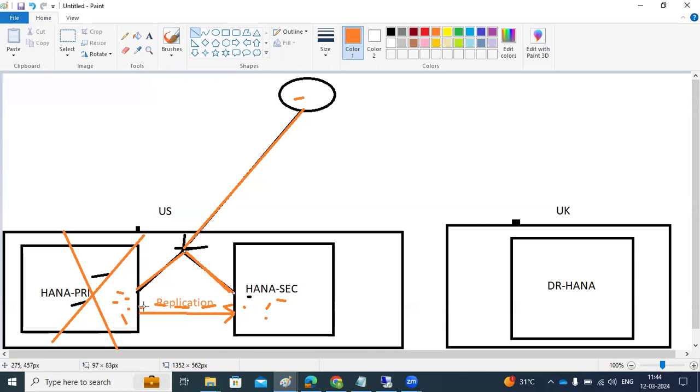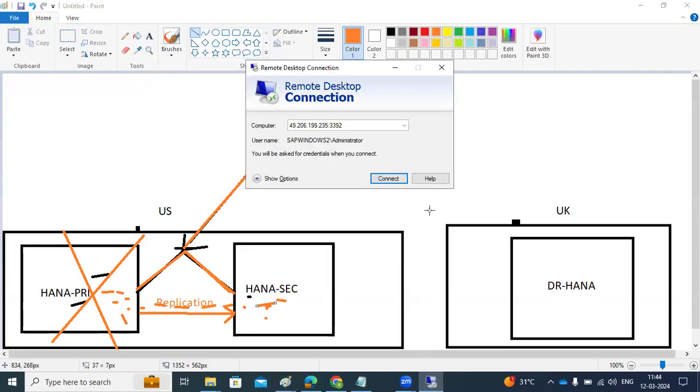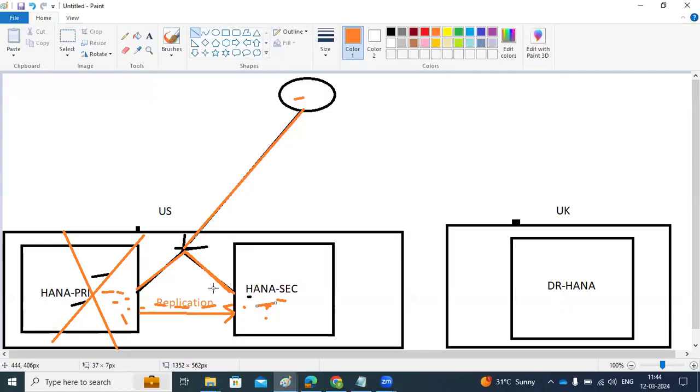Then the replication is already happening, so the data is also available here. Whatever data is there, if the user made some password changes or something, the same data is available here also. So there are no issues with the data part in this case. So in case of, what will happen? Same kind of data,